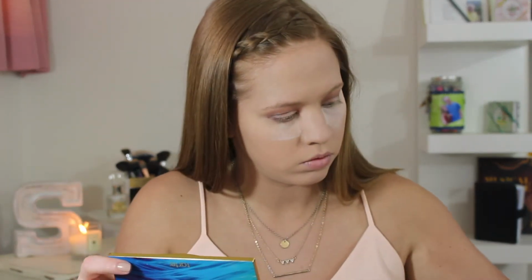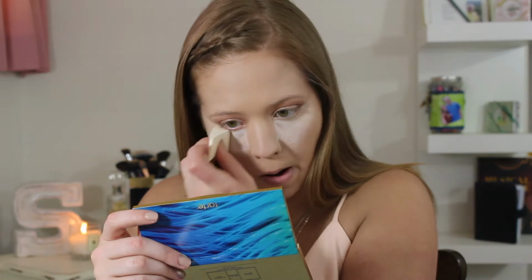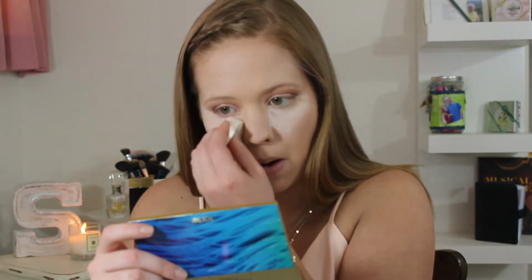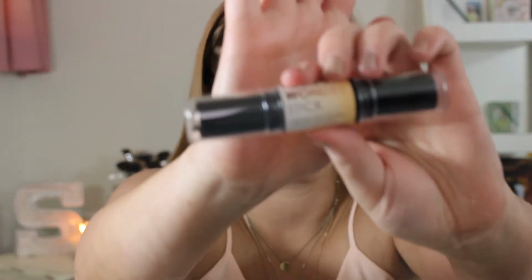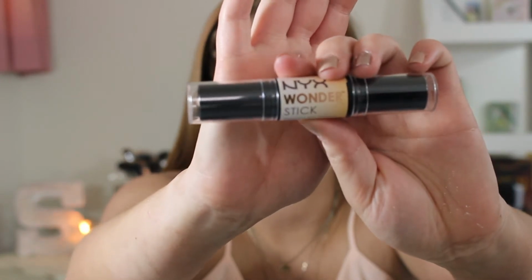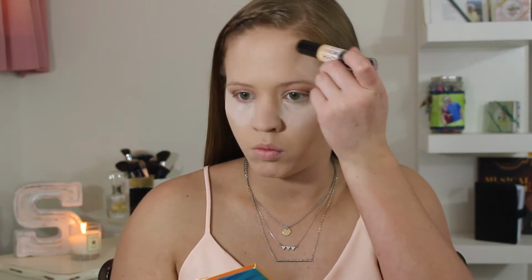So I'm just using a normal makeup sponge, and gonna bake my under eyes with the powder. Now that that's done, this is the NYX Wonderstick for highlighting contour. I'm gonna use the contour part, which is the darker part, and I'm gonna use that and do my contour. I'm just going all around. I'm not doing a really thick contour because